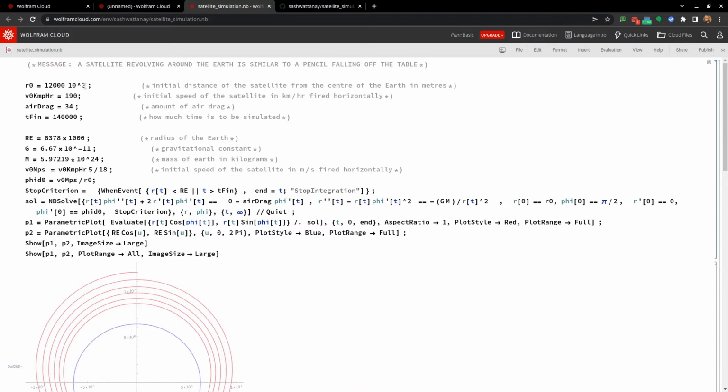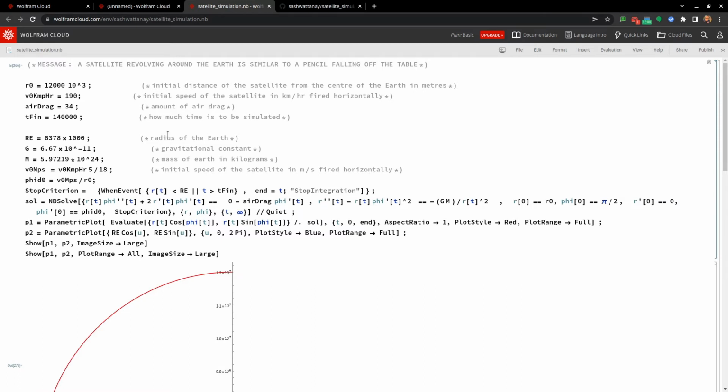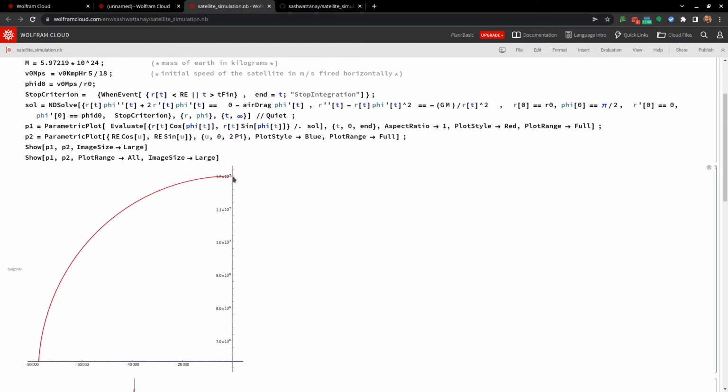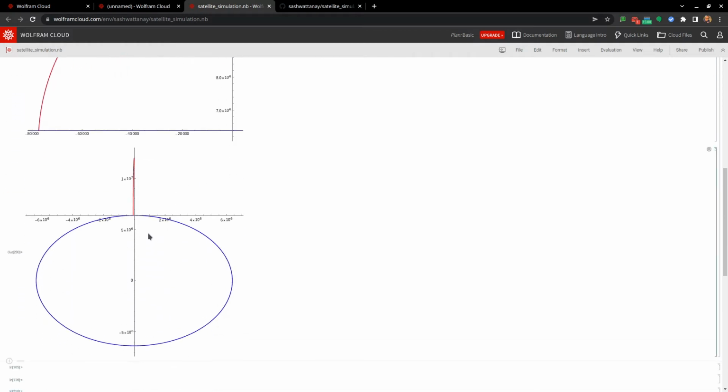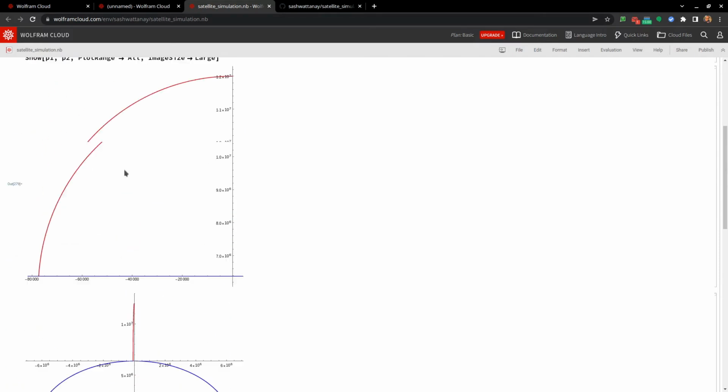I press shift plus enter, and you can see what happens is that the object starts from here and it crashes on earth. This blue line is the earth, and I'm zooming in very deeply. So that's why you see that the earth appears as a flat surface. But from a global point of view, this is what is happening. This is the earth, and this thing is released, and it falls some distance away from its initial horizontal position. It's a very small distance, because the speed is